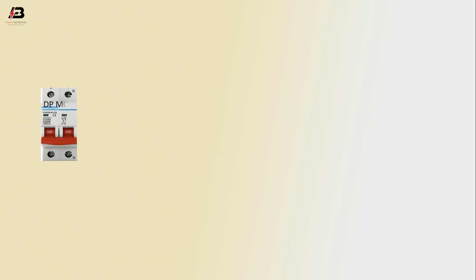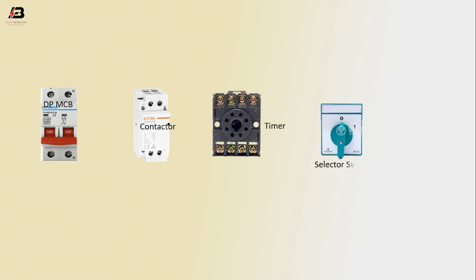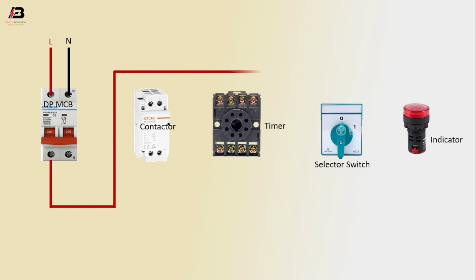So viewers, let's start. DP MCB circuit breaker, contactor, timer, selector switch, indicator. Phase connection to DP MCB. Neutral connection to DP MCB. Phase connection from DP MCB to connect selector switch and contactor. Neutral connection from DP